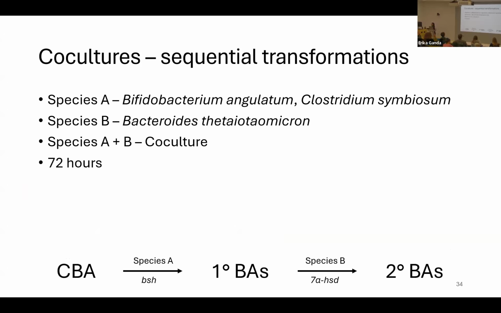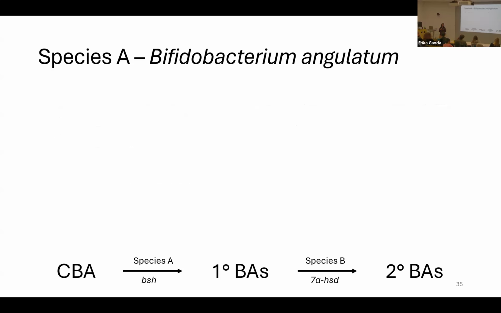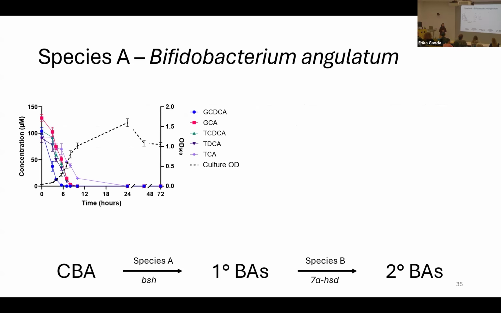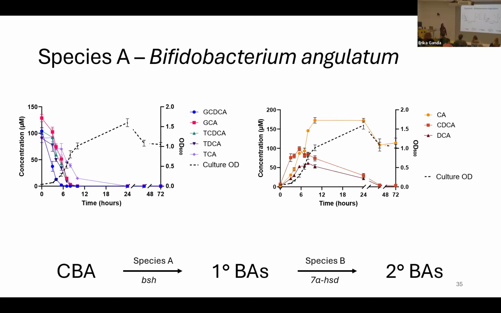And we grew these bacteria for 72 hours and gave them the same 5 conjugated bile acids at 100 micromolar each. So Bifidobacterium angulatum is an actinomycetota and has a very rapid and unspecific bile salt hydrolase. The conjugated bile acids are deconjugated very quickly, and of course the unconjugated bile acids show up. So I guess importantly, the unconjugated bile acids are in the oranges, and then our secondary bile acids are blue